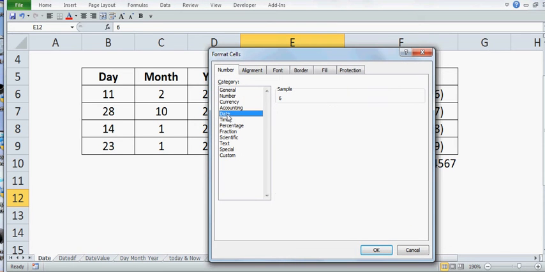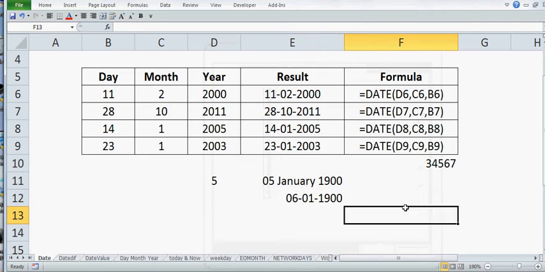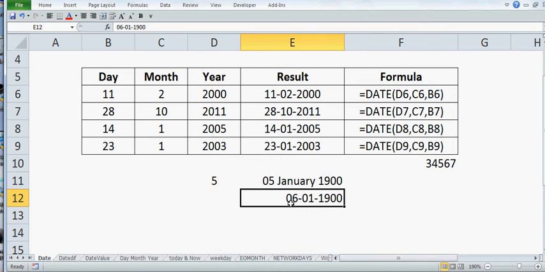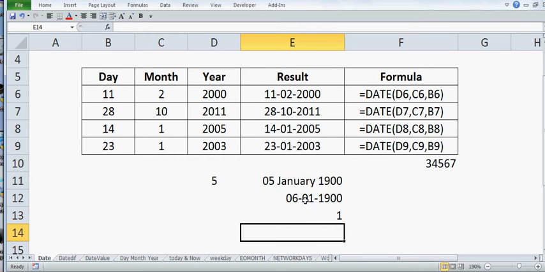It will be 6th of Jan 1900. I'll do equal to this minus this, enter. I got 1 as the answer. So just to give you a brief, dates are stored as a serial number in Excel.